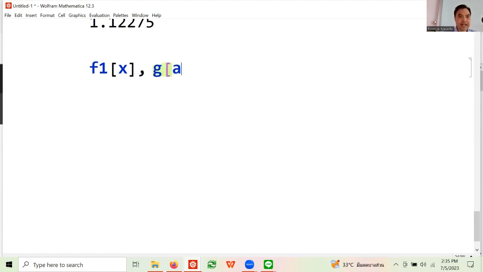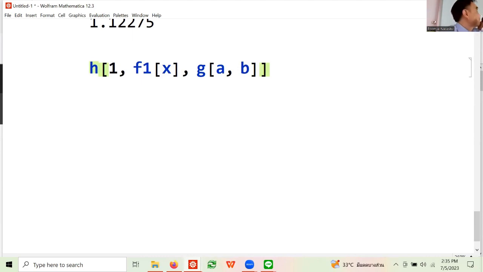G of A and B and H. Okay, what do you think this means? This looks very complicated, right? But that's like a cooking recipe, right? Prepare the egg, set aside, make rice, put the rice in the egg, and then wrap it and so forth. So how do you read this?